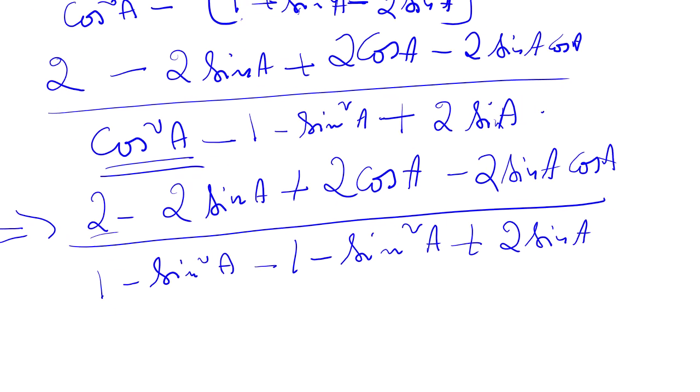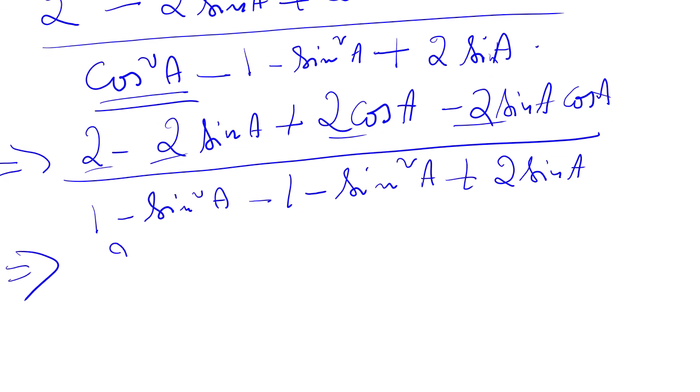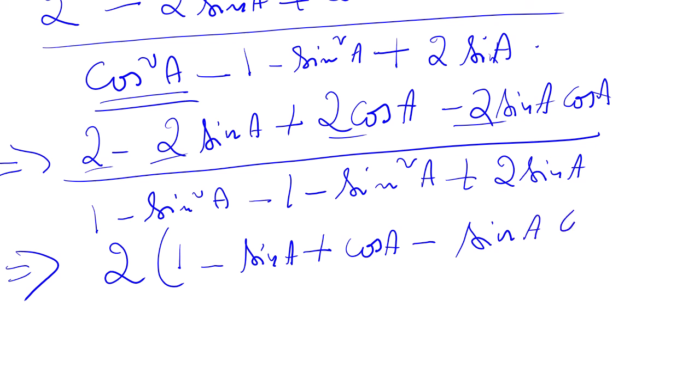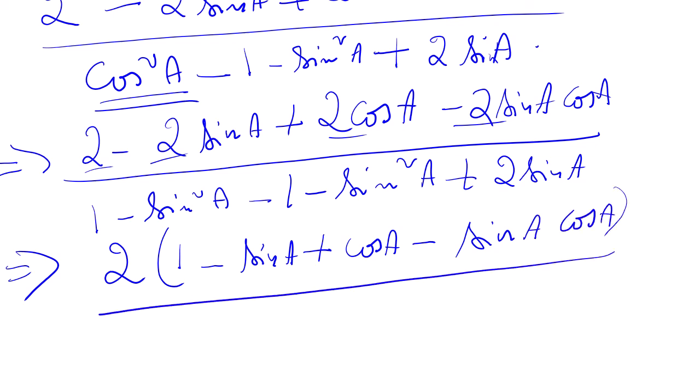So now here I will take out 2 common throughout. So this implies 2 into 1 minus sin A plus cos A minus sin A cos A whole upon this will become